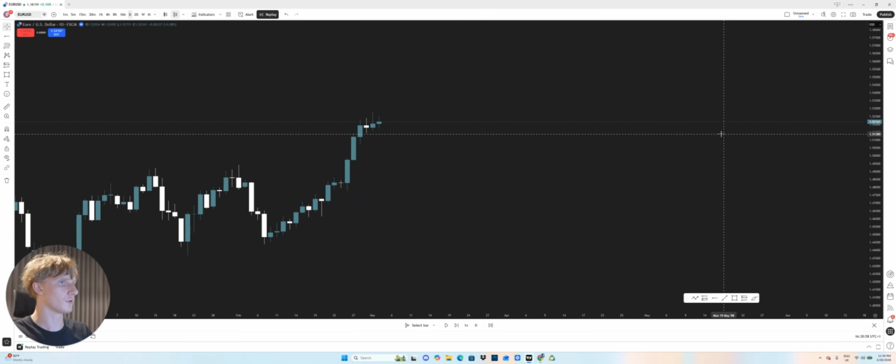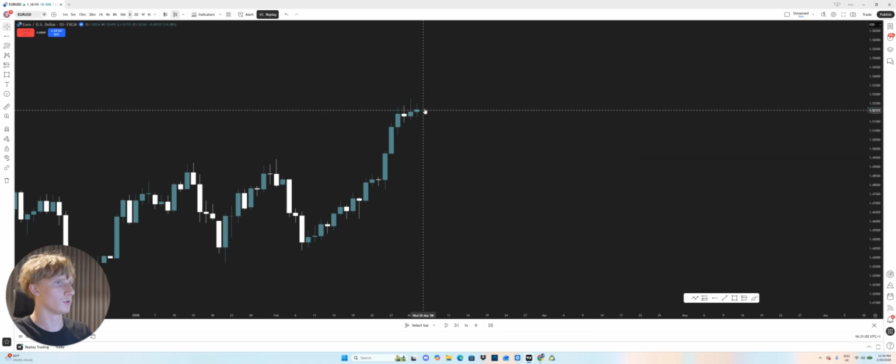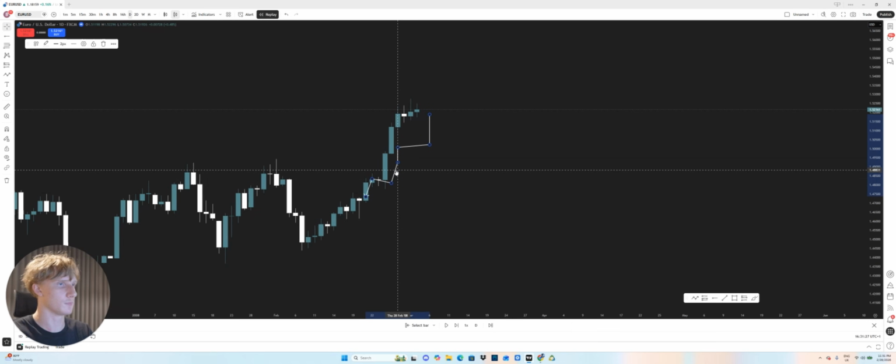Okay, let's look for another example. So in this case, we're going to be looking for demand. What do we do? We look down to the left to find an impulsive candle. Here we found an impulsive candle. At the bottom of it, do we have an indecisive candle? No, we don't. So we have to keep on going down further. Here we see an impulsive candle. To the left of it, do we have indecisive candles? Yes, we do. To the left of that, do we have an impulsive candle? Yes, we do. Cool. So we just identified an area of demand.